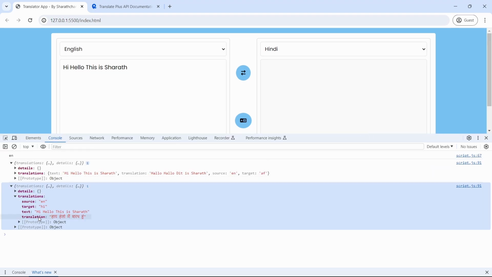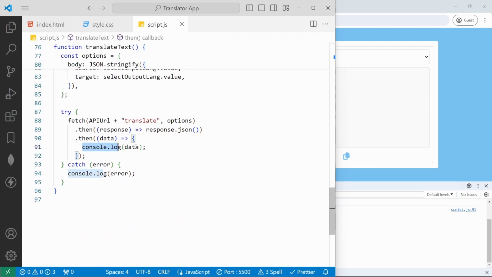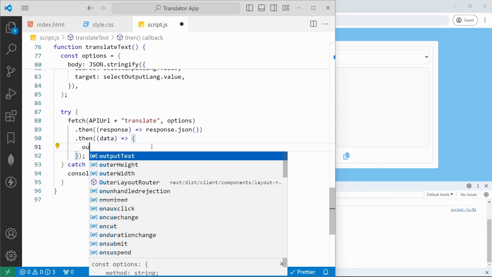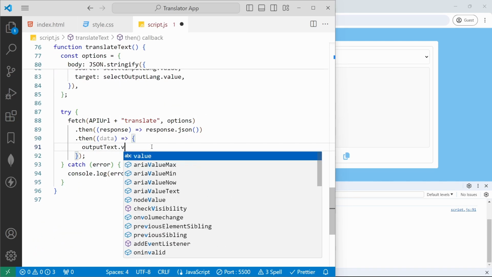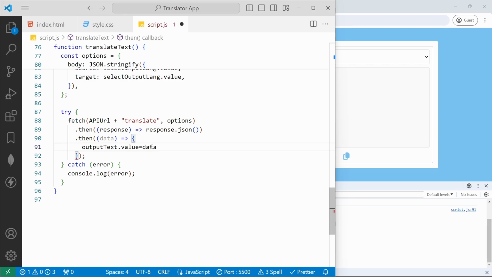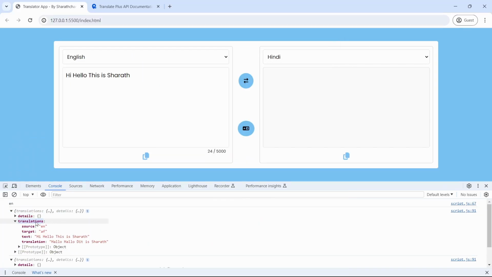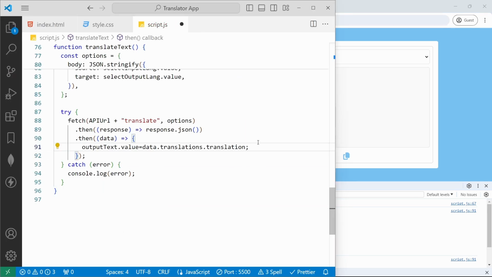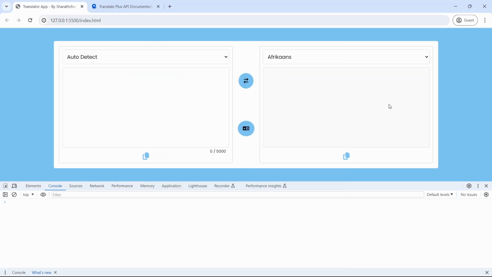This is the translation word from the translation text. We need to display this translation text to that output, right? So for that, inside the response I will add the output text dot value equal to data dot translations dot translation. This is the value written from the response, right? So I will do it here. If I save, and go to the browser and hit refresh,